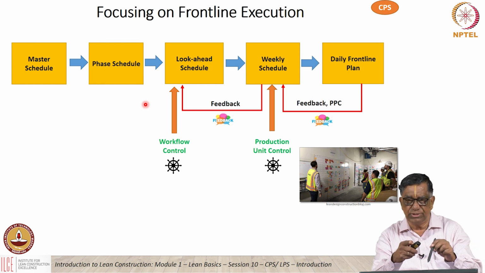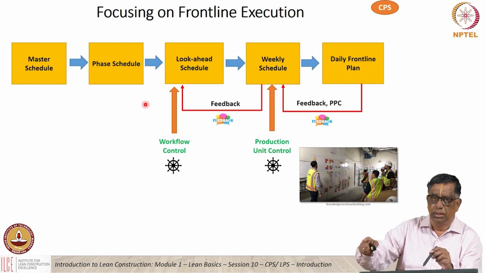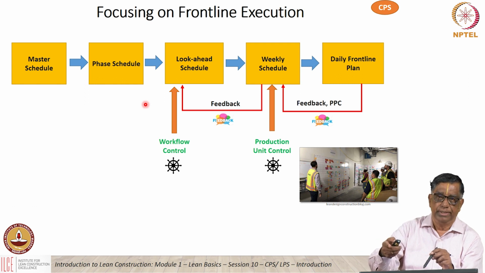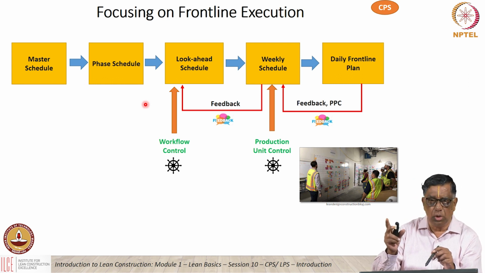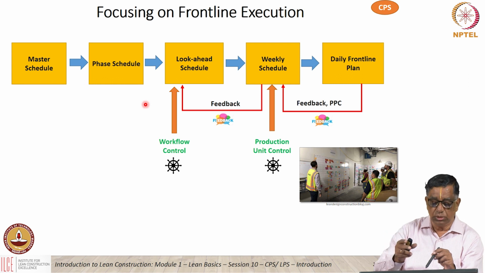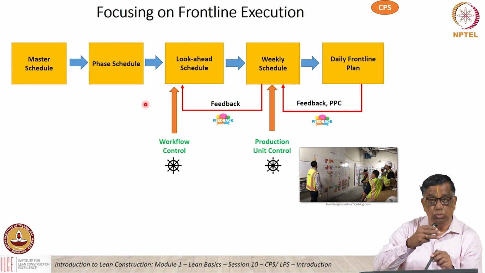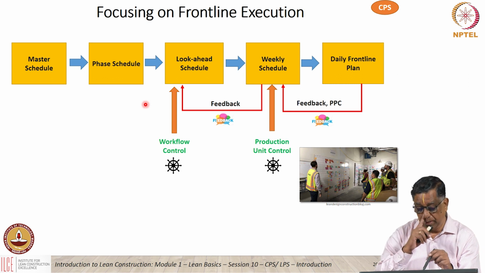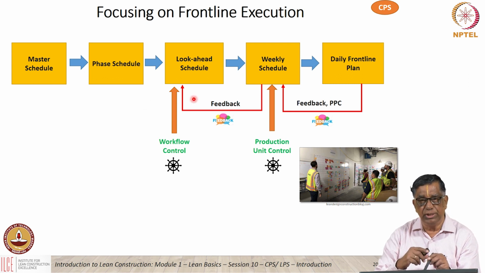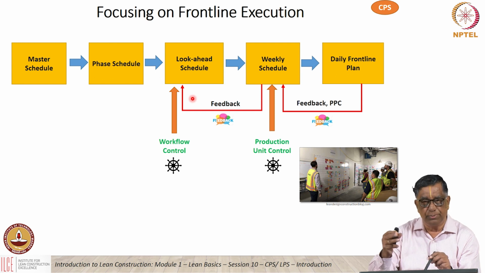Then we narrow our focus still more, from the overall master schedule we come to the phase schedules, then we take up a portion of the work in the next 6 to 8 weeks, for example. It can be anything from 3 weeks to 16 weeks, depending on the size of the project. We have what is called a look ahead window. We focus on the works which are going to be done in the near future. So we have a better understanding of where exactly we stand with respect to the overall timeline, and we know what problems were encountered previously, and we can address these problems in advance, beforehand. So we make the look ahead schedule with the activities in a proper sequence, in a proper time frame,